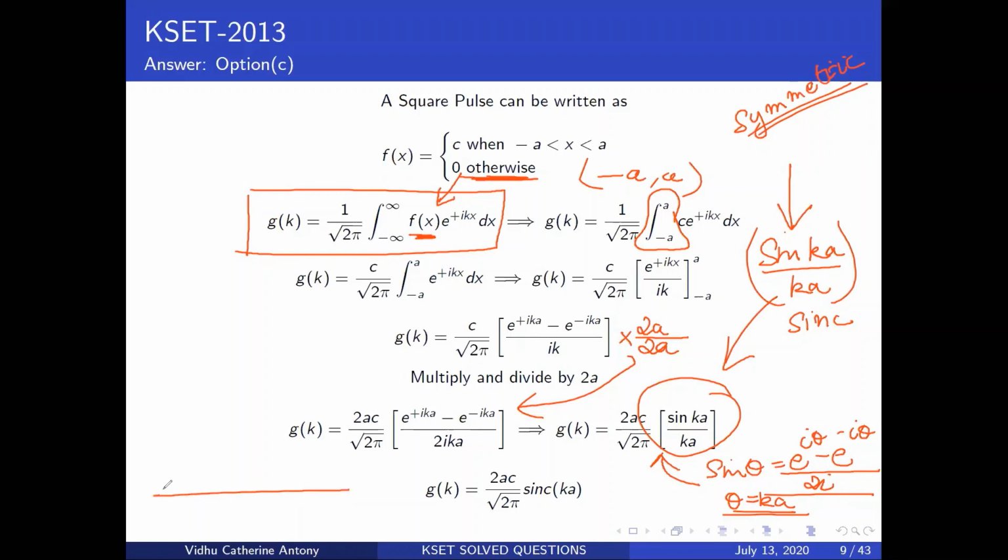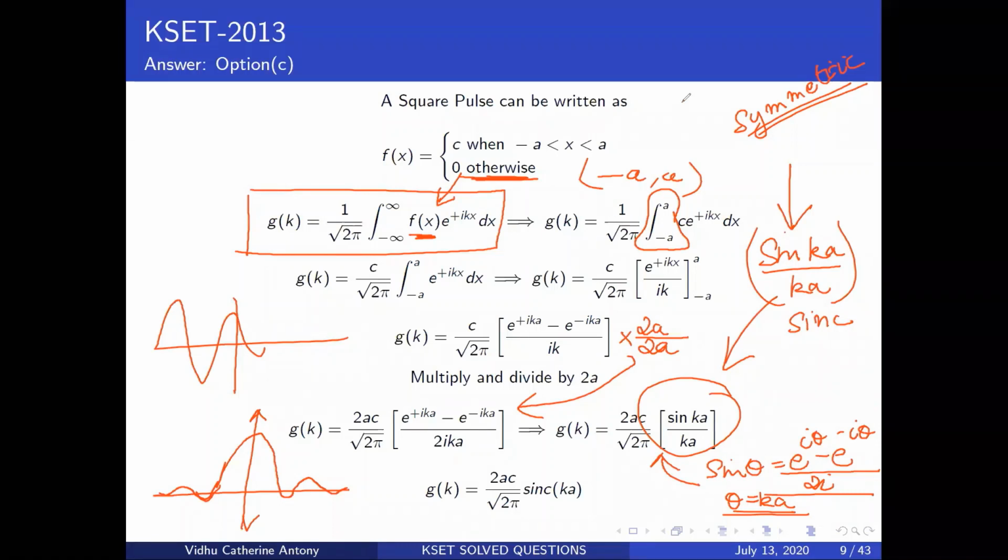So how does it look like? Basically, you have something like this, and it narrows down there. It's supposed to be a little better; my drawing is not very good. It's supposed to be a little more symmetric on both sides. So that's how it looks. It's not like your sine function, which goes up and down like that. This is a little different.